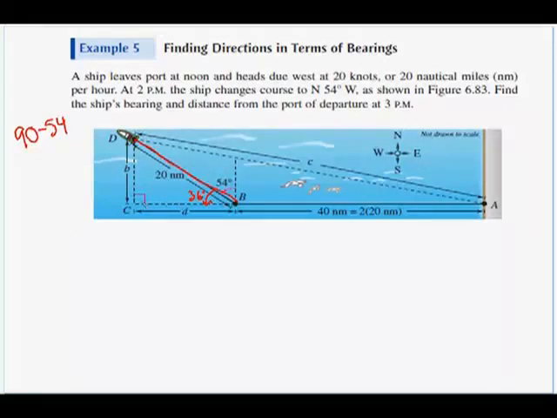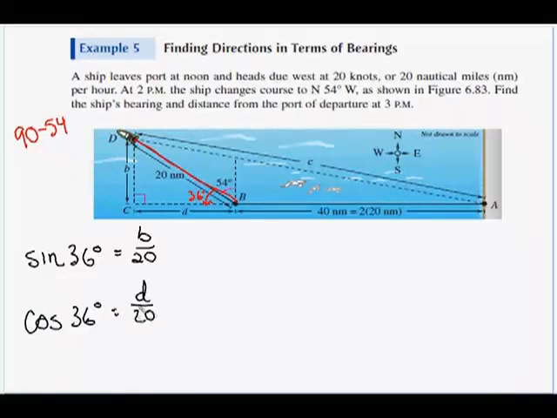So let's see here. If we're at the 36 degree angle, we want the opposite side B, and we have the hypotenuse 20. Opposite and hypotenuse is the sine function. The sine of 36 is equal to the opposite side B over 20. And we could also set up a trig function to find the adjacent side D. We want adjacent, we have the hypotenuse, that is cosine. So the cosine of 36 is equal to D